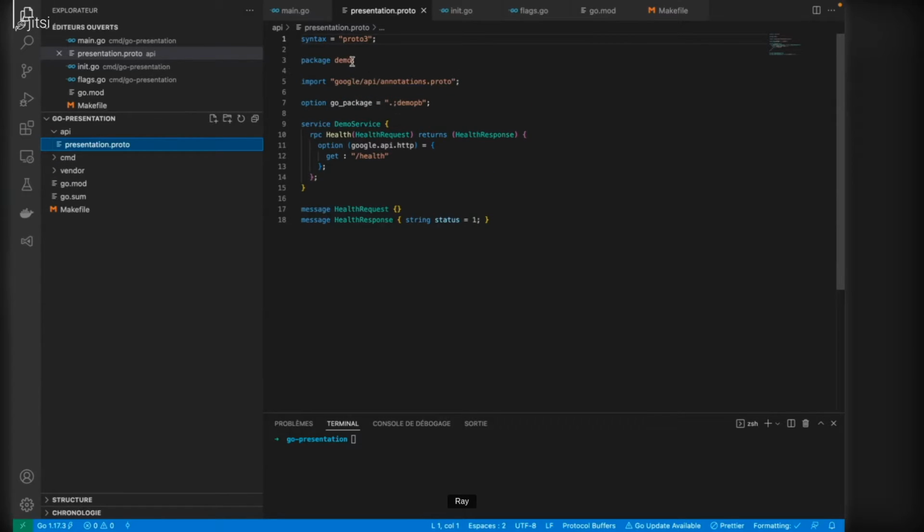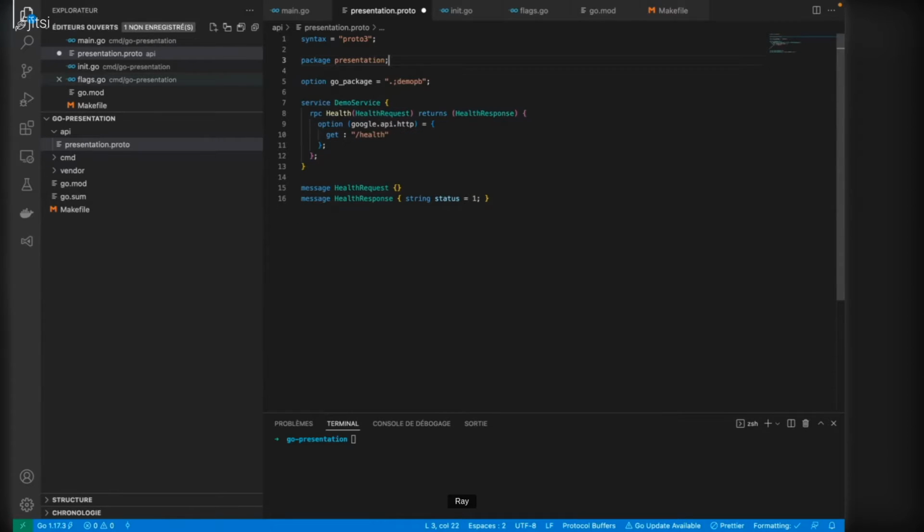So here, this proto file will be part of the package presentation. For now, we don't need the annotation proto. The protobuf generated will be called presentation pb.